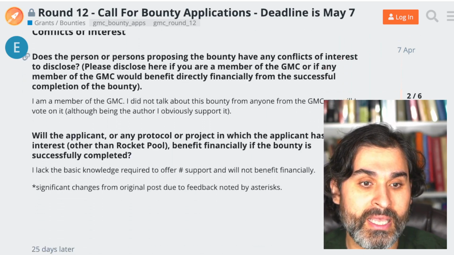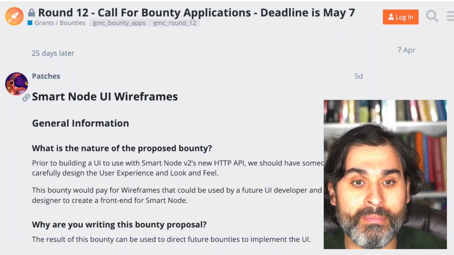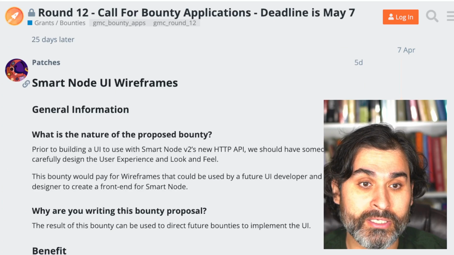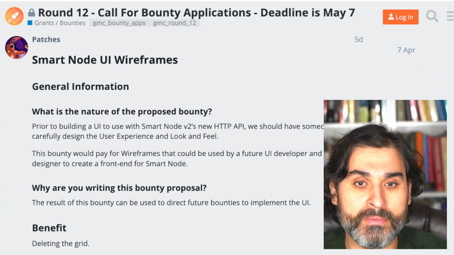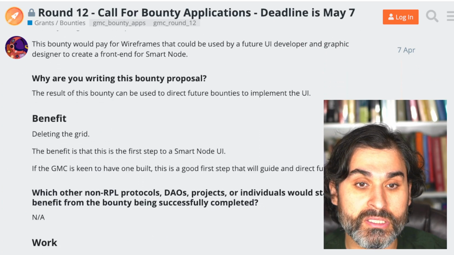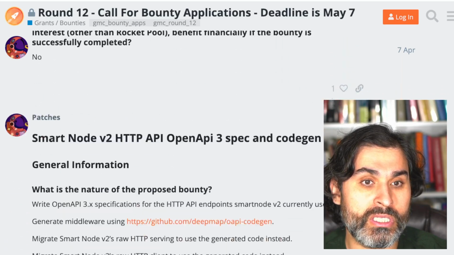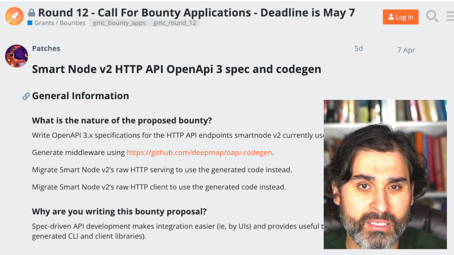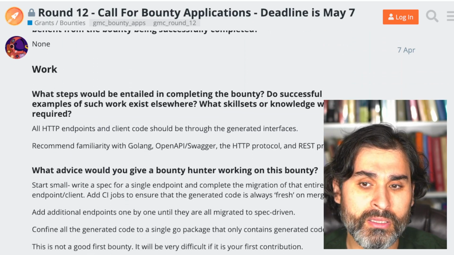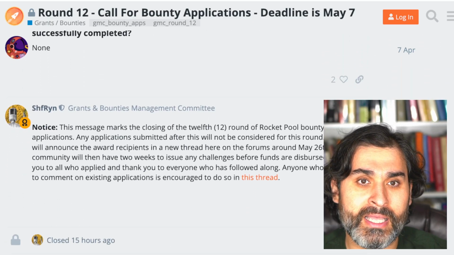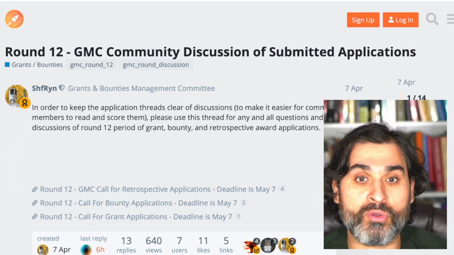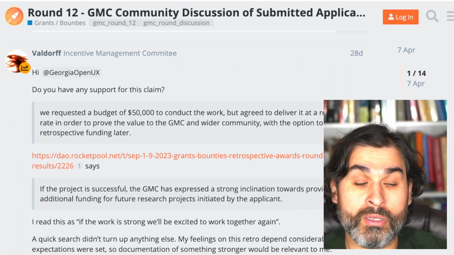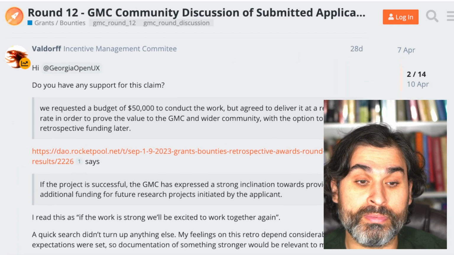And then Patches had a couple about the Smart Node version 2 and wireframes building GUIs, and also another one here for an open API spec for that as well, which is really cool. And then we had a bunch of community feedback. So there was a bit of discussion that went into the Open UX application,